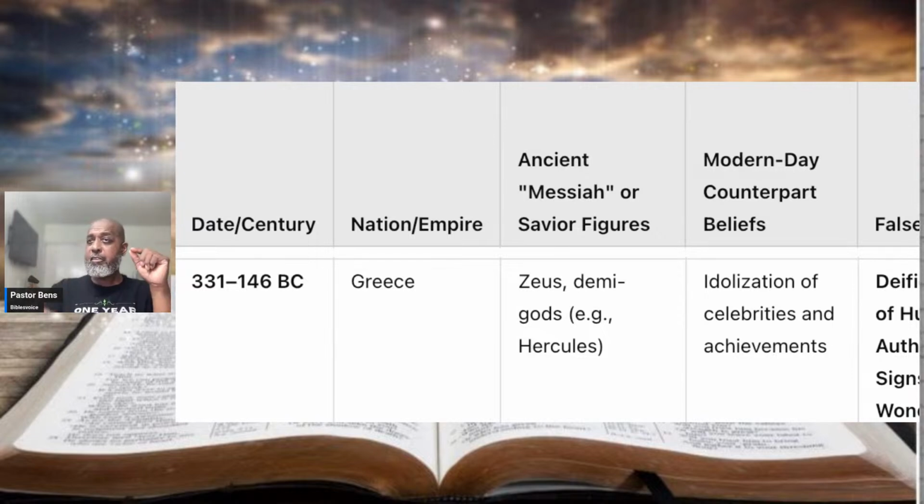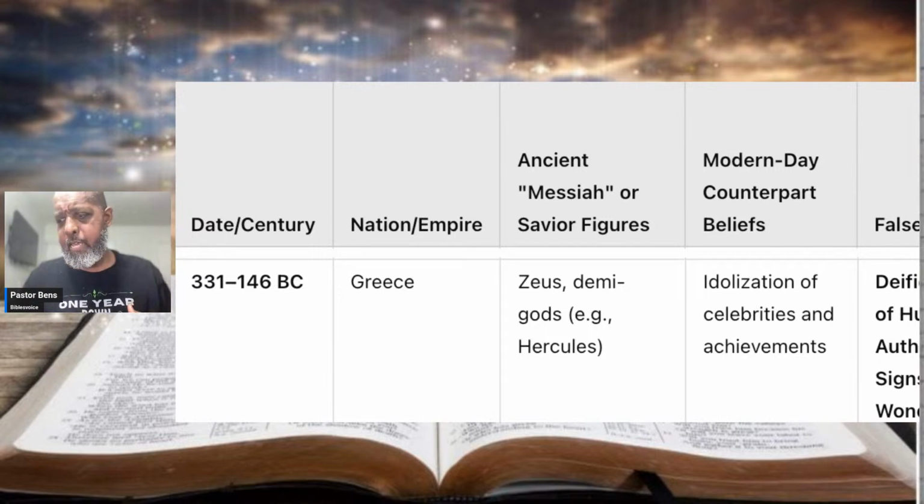And the interesting thing is this: when they went to conquer different lands, as the Greeks did, they imputed or infused, or the word is actually they syncretized. And what that means is they brought together whatever religious god of that country with Zeus and they worshiped those gods together.